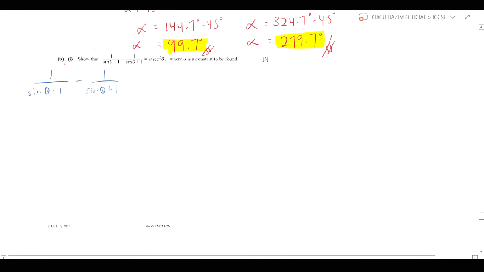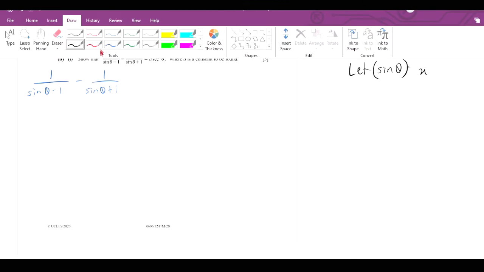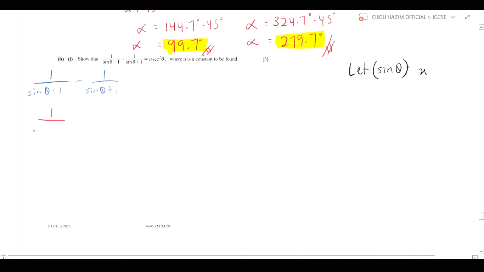In this kind of thing, we always let sine theta equal to x. Just let it be. If you let it like that, then you can see the thing is a bit clearer, and from there you can change all the trigonometry identities and so on. So from here, what we have is 1 over x minus 1, minus 1 over